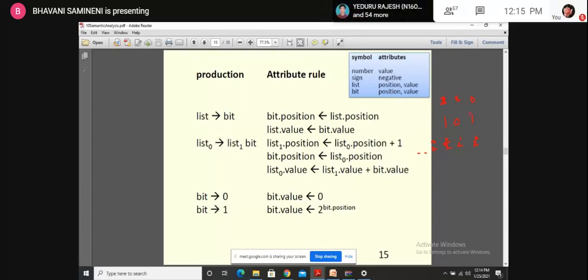If the bit value is 1, suppose this bit is the 0th bit, and its value is 1. So now this is equivalent to 2 power its bit position, 2 power 0. And here also the bit value is 1. So what is the position number? That is 2, right? So this value is equivalent to 2 power 2. That's why we require two values here, one for the position and one for the value. And now I'm reducing this bit to list dot bit. So this will be given as list 1 position is equal to this 1 and 0, which is used to differentiate the list values.